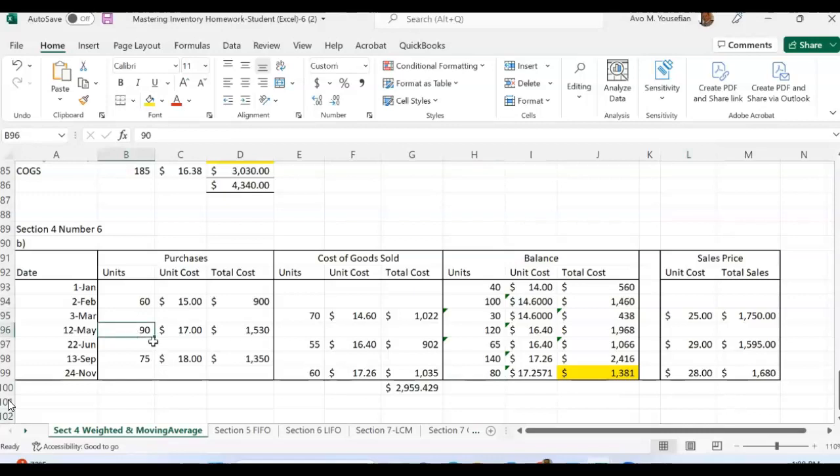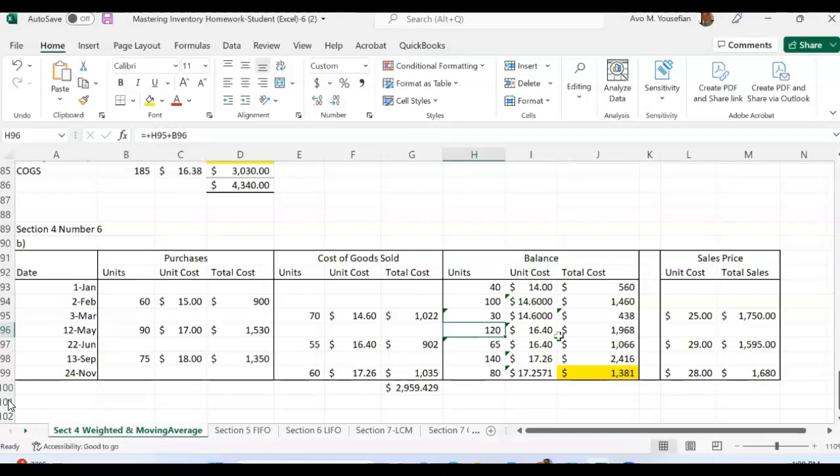In May, we purchased 90 units at $17. That's $1,530. $1,530 will be added to $438, and that gives us $1,968. How many units? Beginning units is 30 plus 90 purchased. That's 120 units